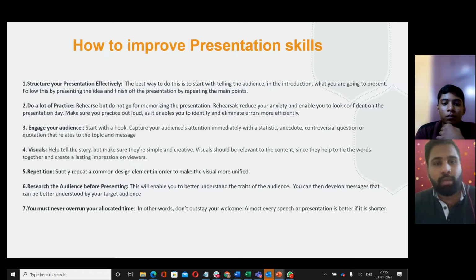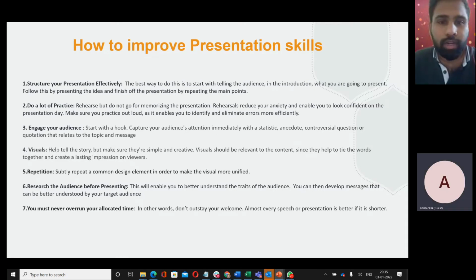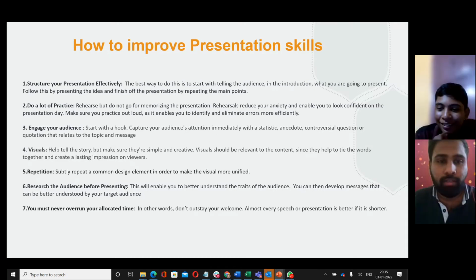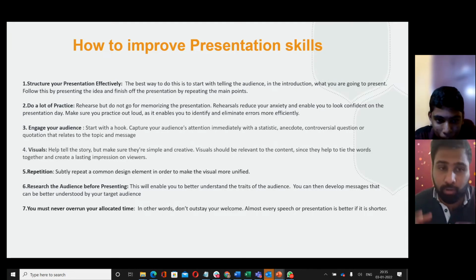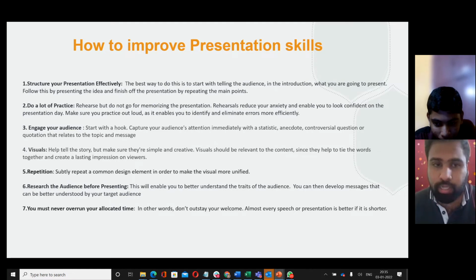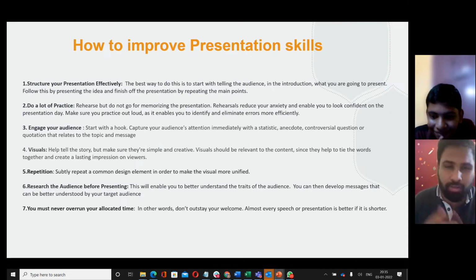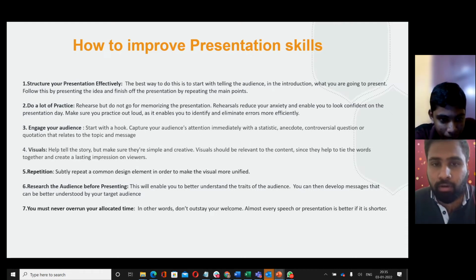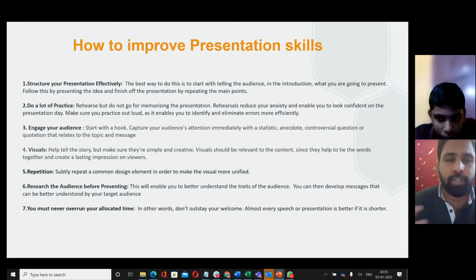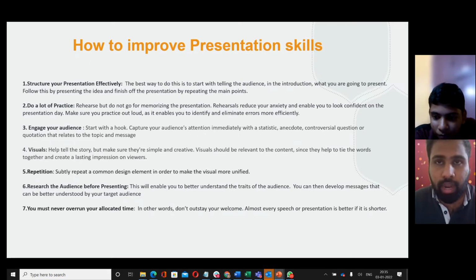Make sure your practice out loud enables you to identify all that. I have to literally give you an example for every line, so that only comes with practice. To be honest, I practiced hardly for 10 minutes. So whatever you're doing, you have to practice. Because if you practice out loud, what happens? You will know your body language, you will know how you talk, you will know the errors. And errors can be anything.